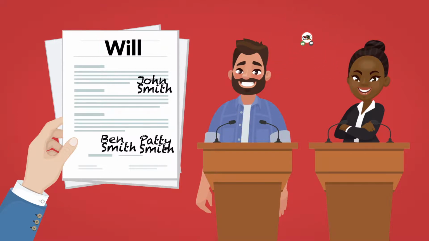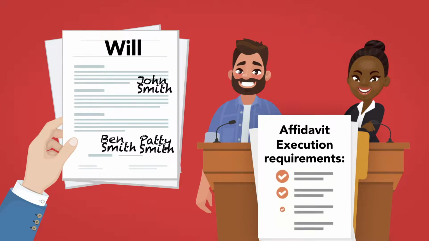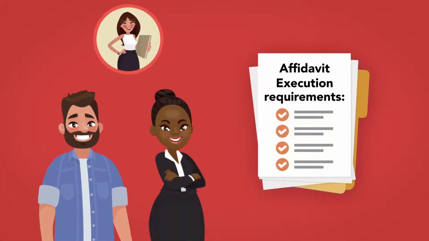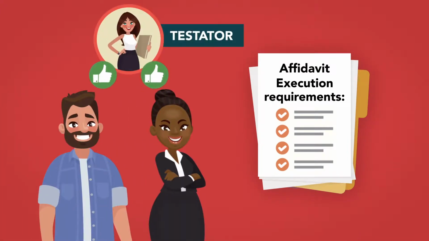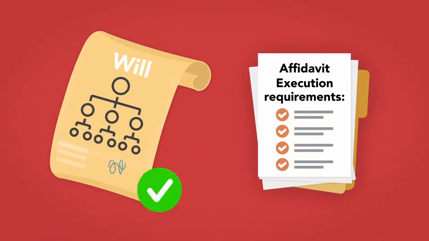Many states allow the testator or witnesses to make an affidavit before a notary when the will is signed regarding the execution requirements. In these self-proving affidavits, the witnesses attest that the will was executed properly by a competent testator. These affidavits can later be used to prove that the will was executed properly as a substitute for the testimony of the witnesses in court after the testator's death as to the testator's intent and capacity.